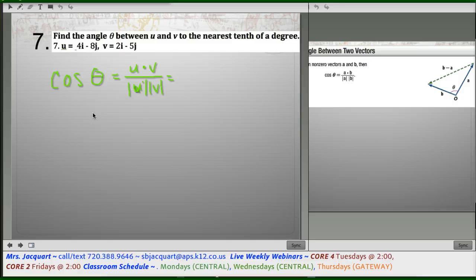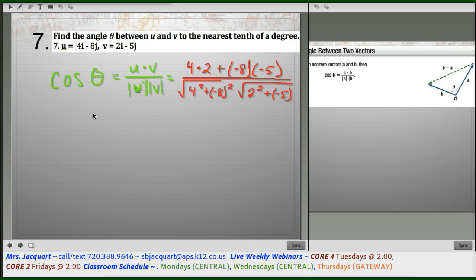So this is going to be 4 times 2 plus -8 times -5 all over square root 4 squared plus -8 squared times square root 2 squared plus -5 squared. This is 8, 40, so it equals 48